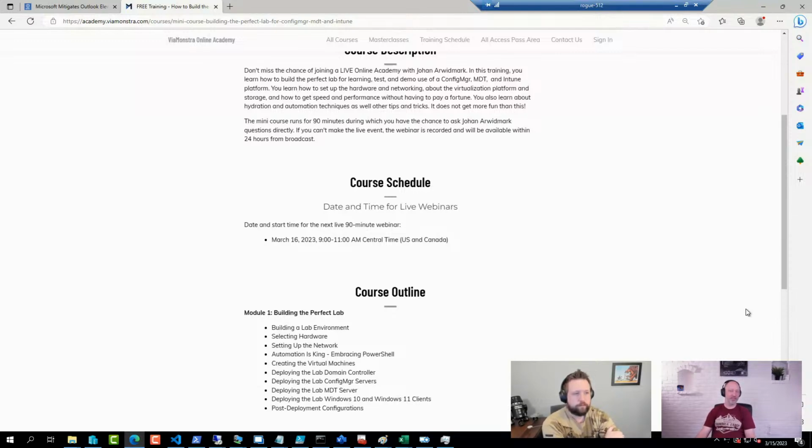The trend in general these days, and even for myself, tends to go towards having thinner images. So I don't include as much in my images as I used to do. In fact, most of my deployments now, I don't include anything at all. I don't even do a build and capture of them anymore. I use the default image from Microsoft. Sometimes I do a bit of offline servicing of it, but I do not do a build and capture anymore,